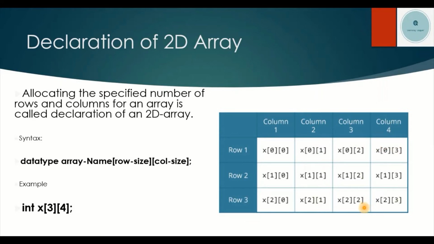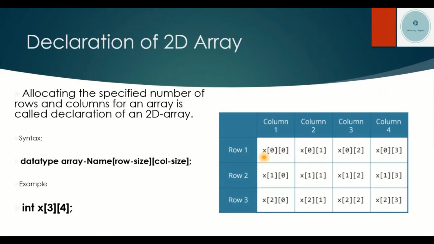Look at the figure very thoroughly. Take your time and look at this particular figure because it is very important. Whenever I want to access a particular cell, I need to first write the array name. What is the array name? x is the array name. And I'm going to write 0, 0. So the first 0 indicates the row, the second 0 indicates the column. When you are writing the row and column number, you need to write them separately.